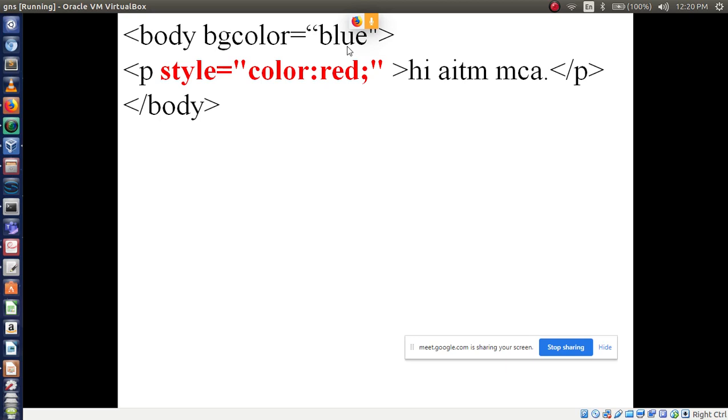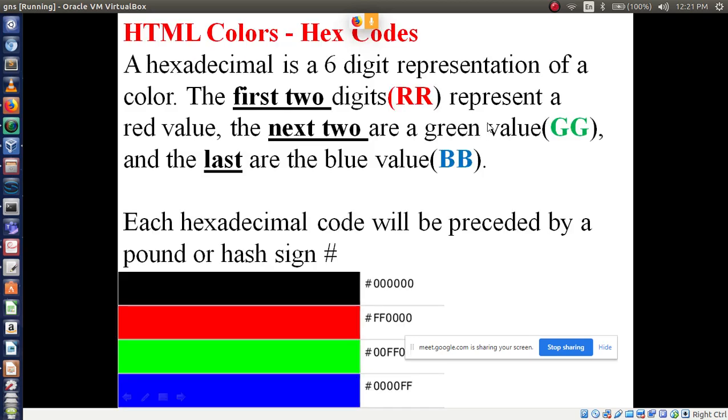Then if you want to apply the same color or another color on different tags, here I am using the P tag. To apply the style inside this tag, you have to use the style attribute. Style is equal to double quotes, color. You have to use the property color followed by colon, then red. So Hi AITM MCL will display in red color.